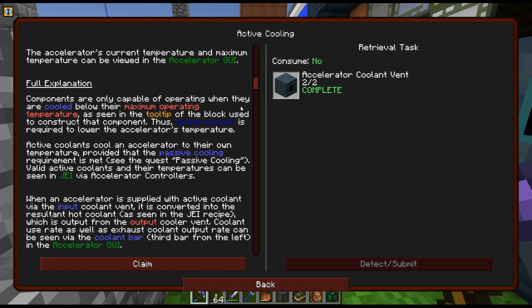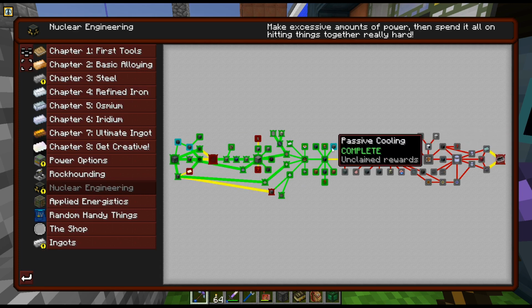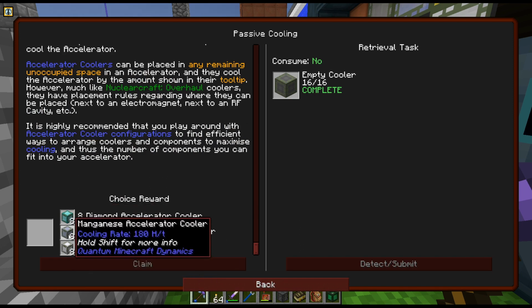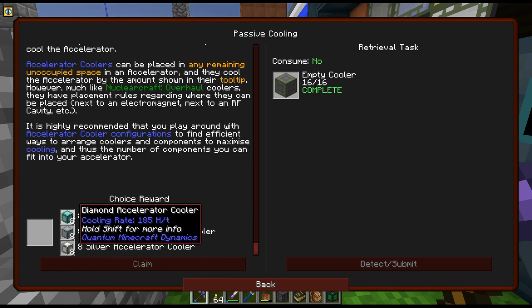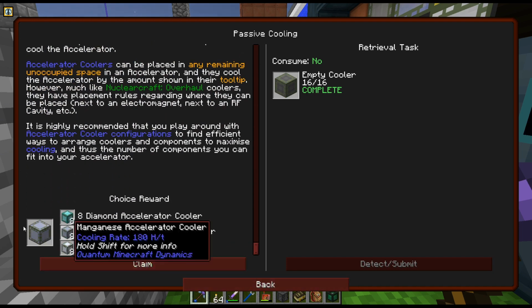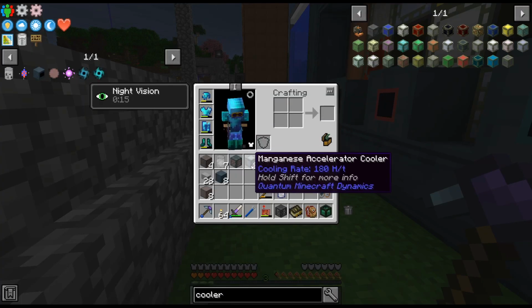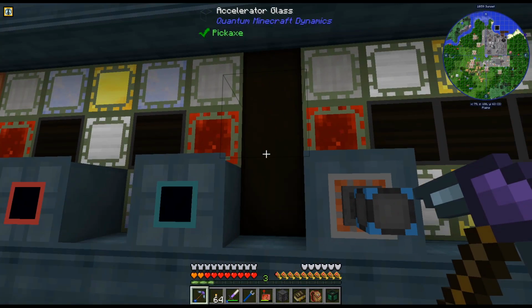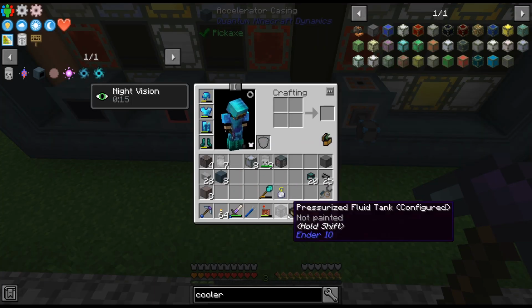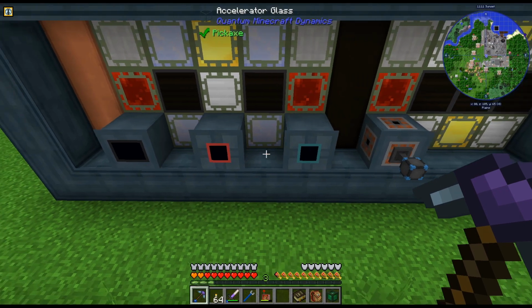For that. We got liquid helium. All right, so that. Okay, these aren't at all difficult to make. So, sure. Oh wait, do we get all of them? No. I'll just choose that one. These are not difficult at all. It's just empty cooler, and then these recipes in general for all this stuff were really easy. They weren't overly complicated. But we got liquid helium. All right, so that is kind of telling me